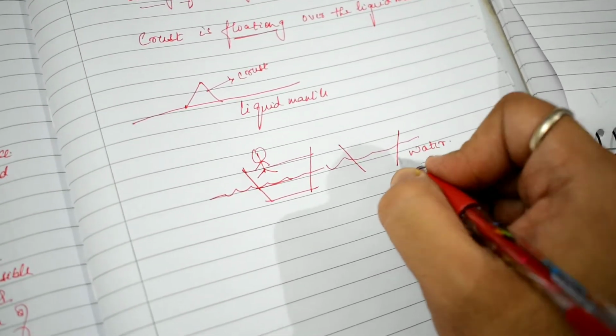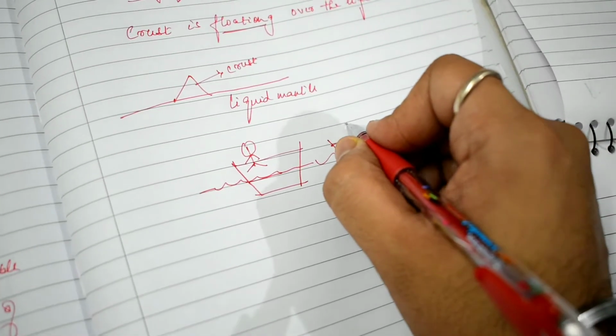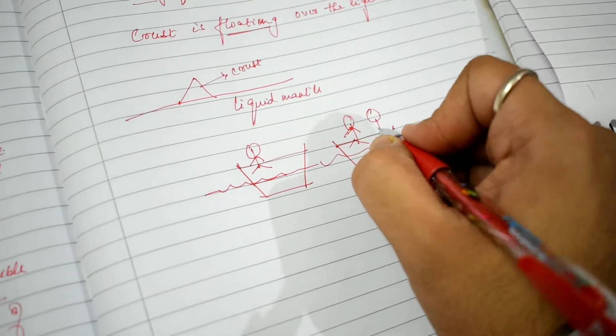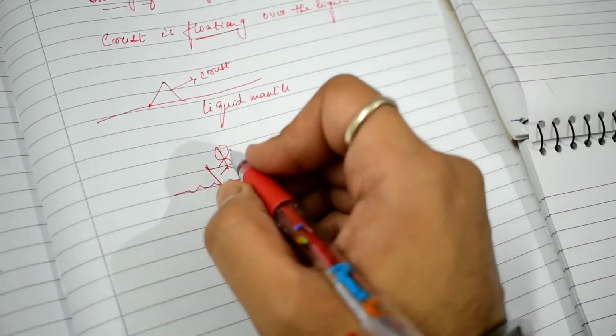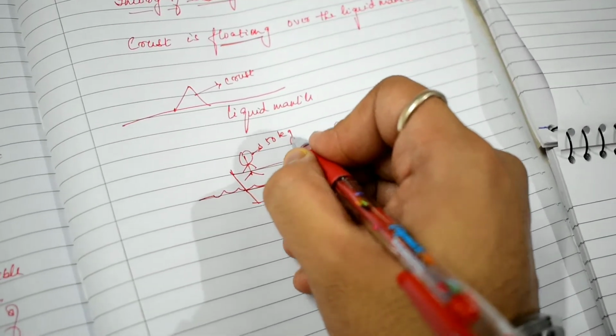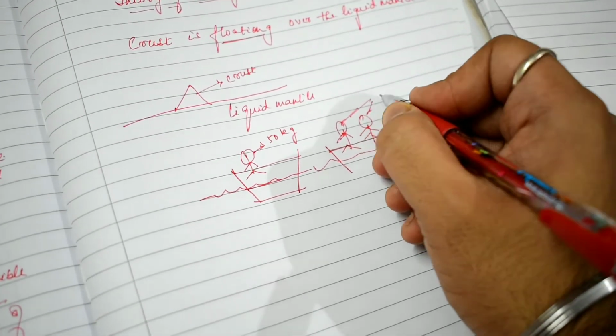It has two persons. The weight of this one person is 50 kilograms, and the weight of these two persons combined is somewhere around